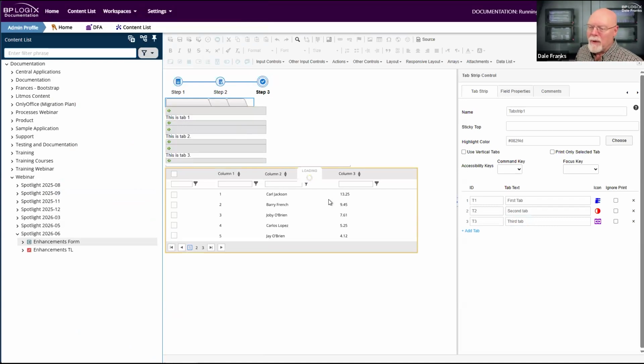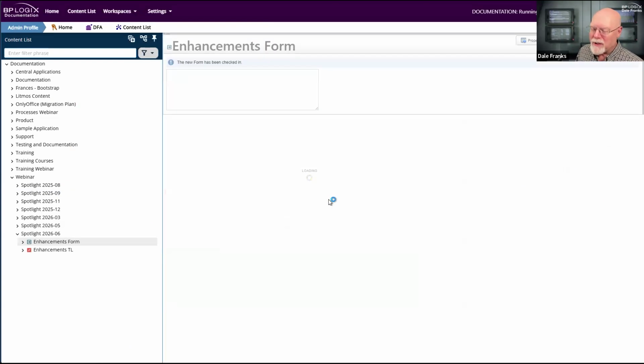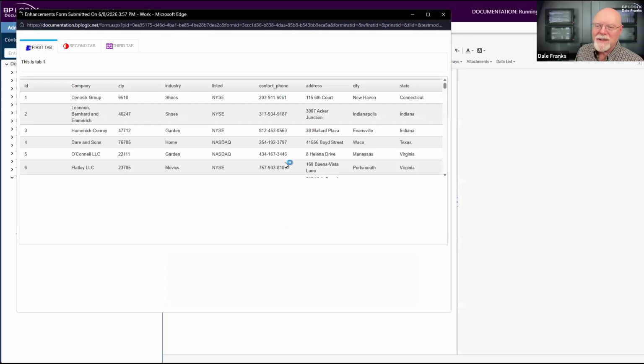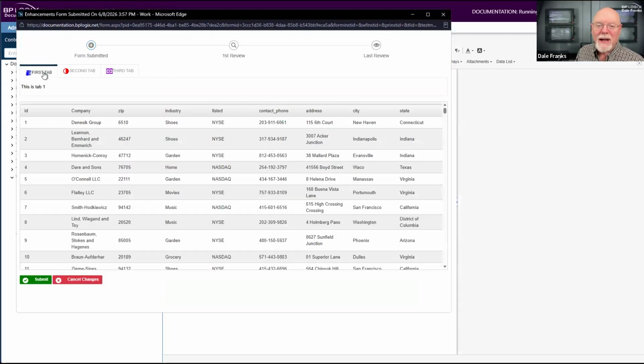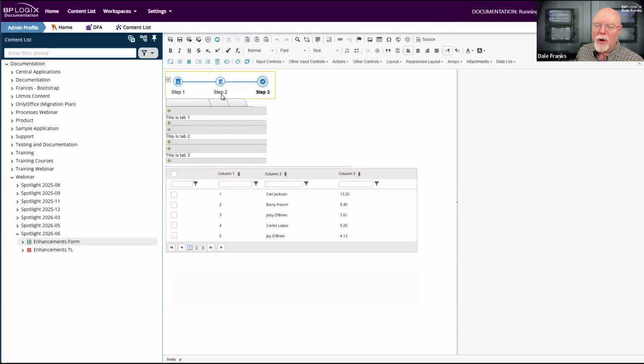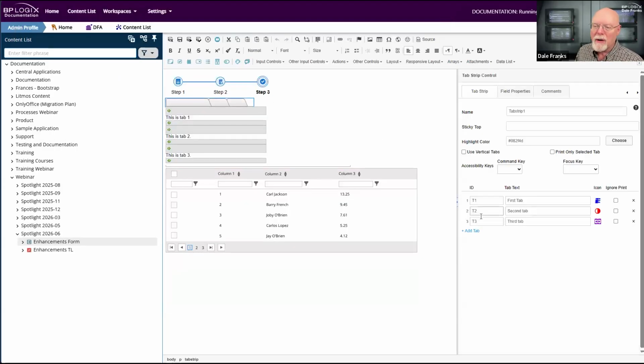And if you were looking at the form, you may have noticed that there were 2 tabs previously. So this time we should see 3 tabs, and indeed we do. First tab, second tab, and third tab, with the tab highlighting as you either tab over or click on each of the tabs. So that's the new idea for the tab control. It makes it a little bit easier to configure, and you only have to add the number of tabs that you want.